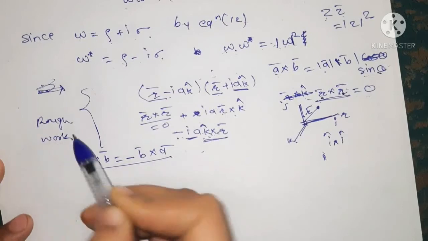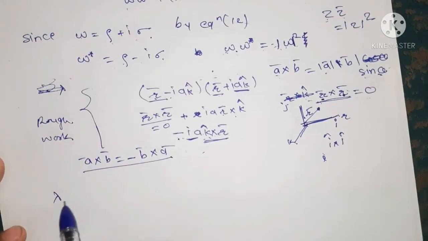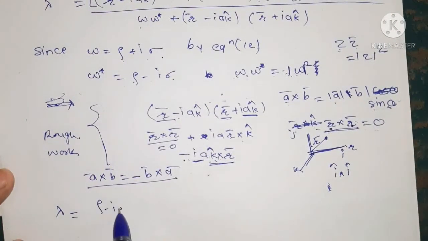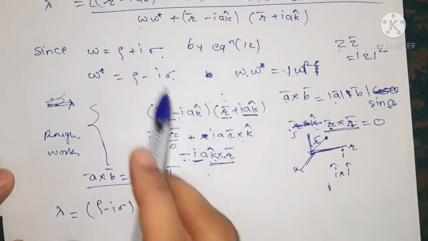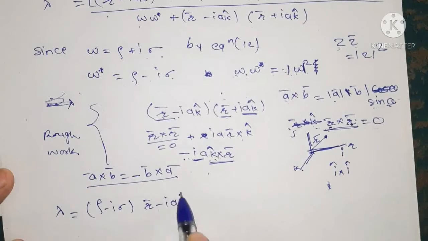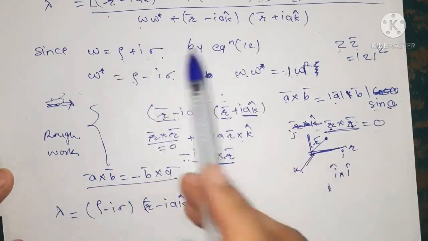Now we write the value of lambda, that is equal to the value of omega star, rho minus i sigma, into r bar minus i a cap, plus the value of omega, rho plus i sigma,